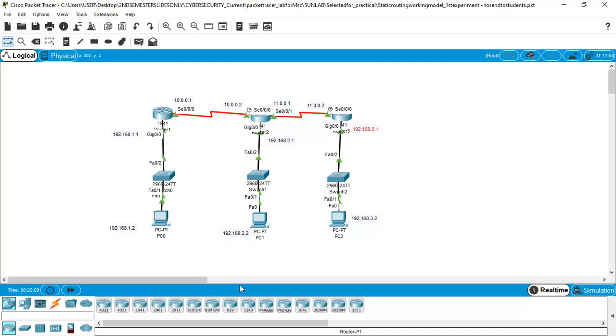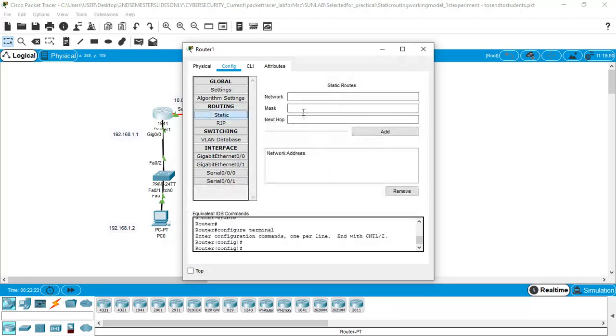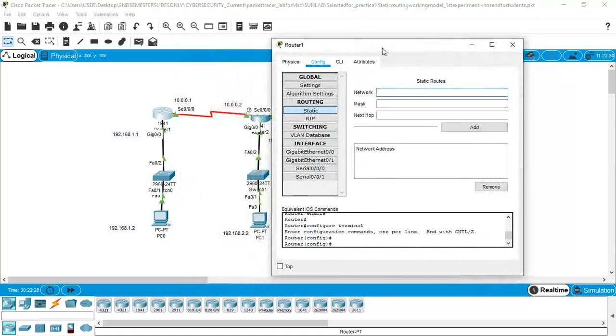So let us do the configuration for router 1. I will go to Config, Routing, Static, and then add the routes. First, let me add the route for 192.168.2.0.